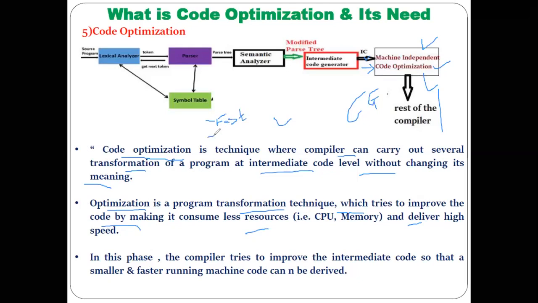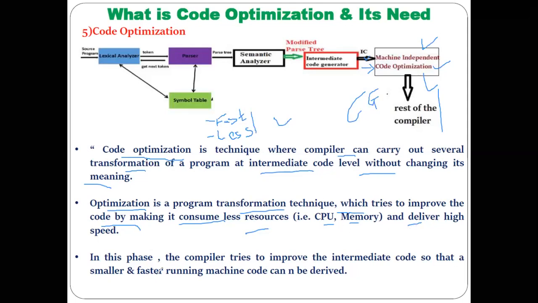And the second important thing is how we can make changes in the program so that less space, less memory, will be required for that program. So for these two reasons, we do code optimization. The same thing is mentioned here. Code optimization is a transformation technique which tries to improve the code by making it consume fewer resources of the computer. Fewer resources in the sense it should take less CPU time to execute, and it should take less memory, and execution should happen at high speed.